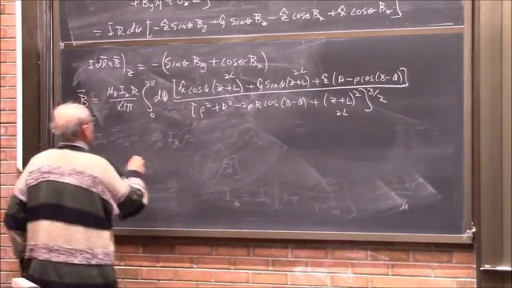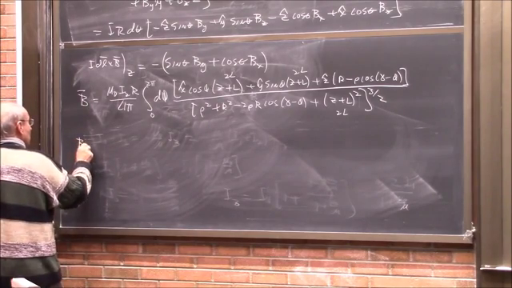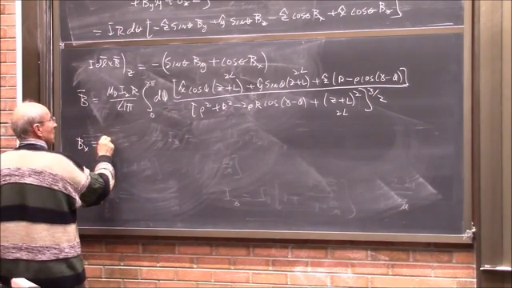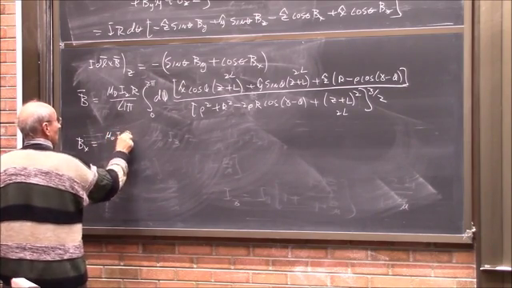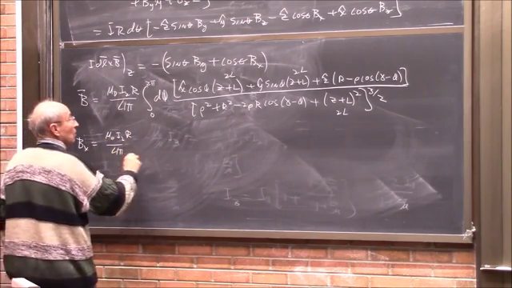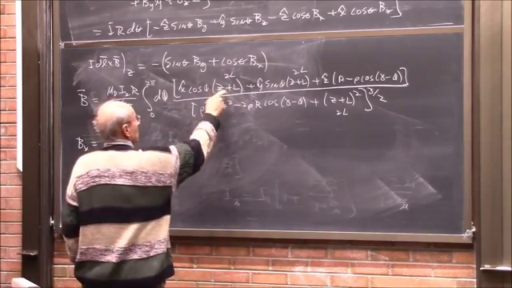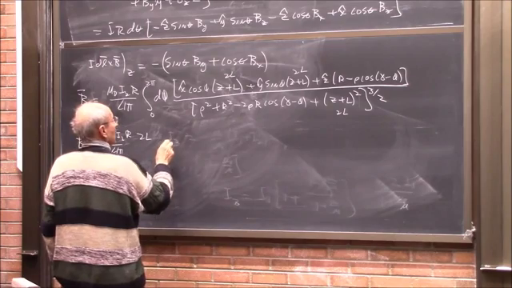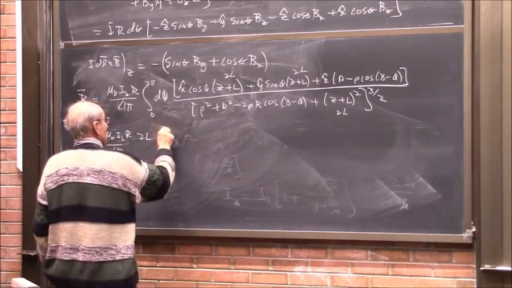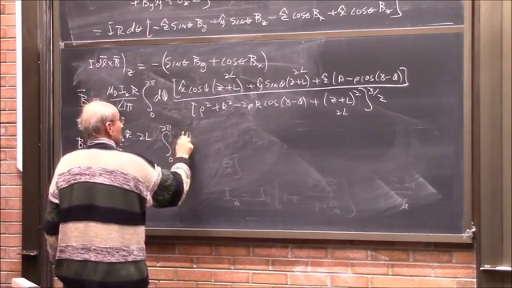So what's going to happen is that dx is going to be mu 0 I2 r over 4 pi. And here we'll just have 2L, factor outside. And we're left with the integral from 0 to 2 pi d phi